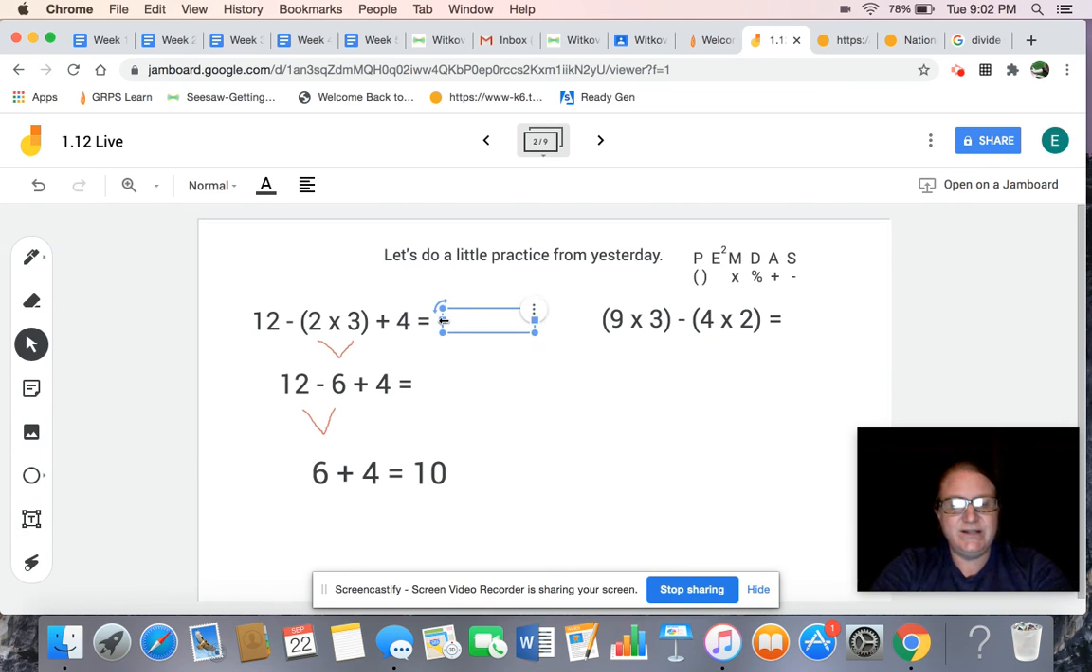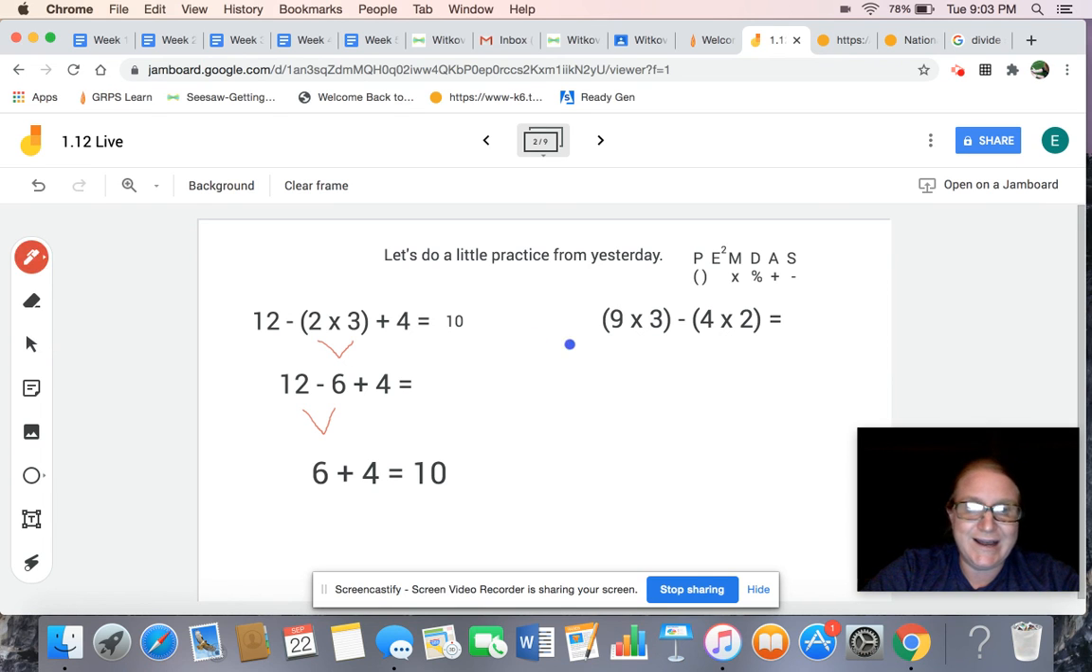The answer is 10, everyone, 10. All right, now on the next one, we have 2 sets of parentheses. So we're going to do the first one first, the second one second. What is 9 times 3? 9 times 3 is